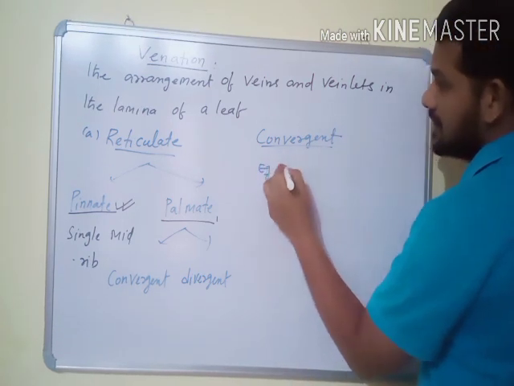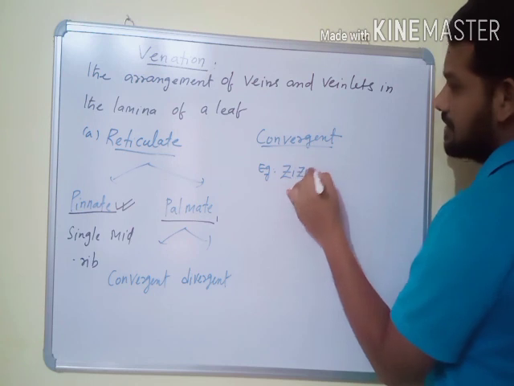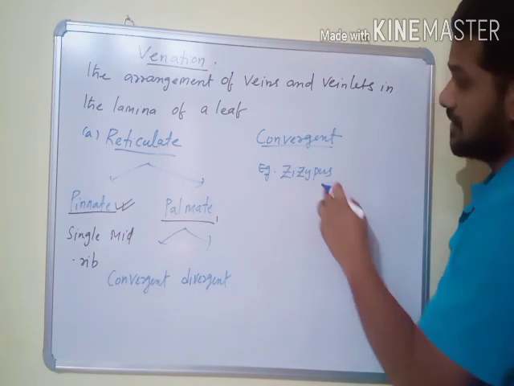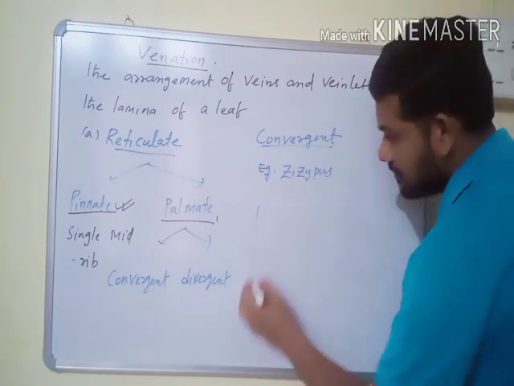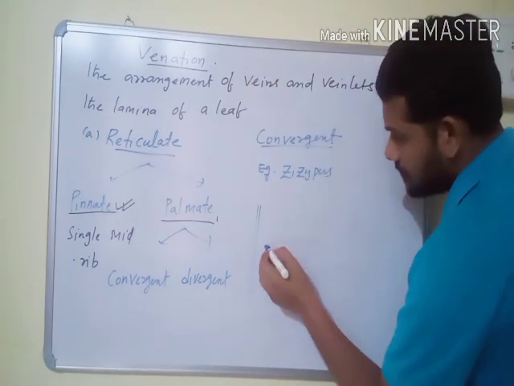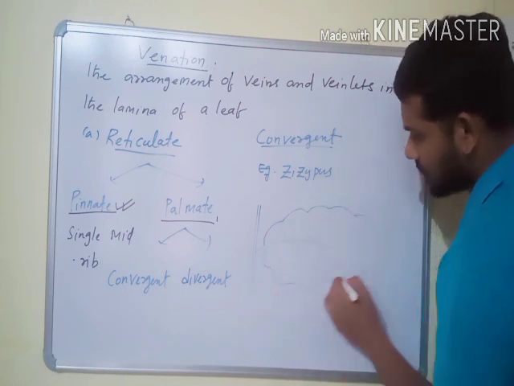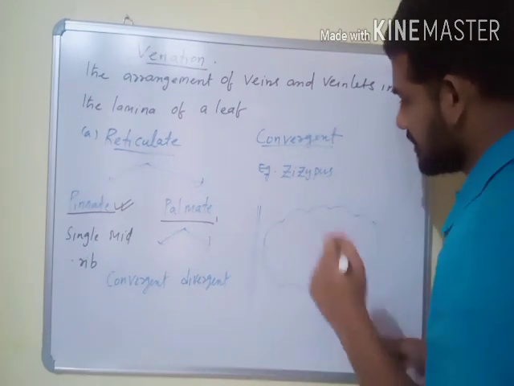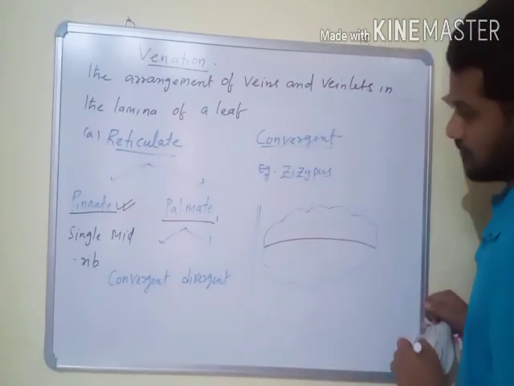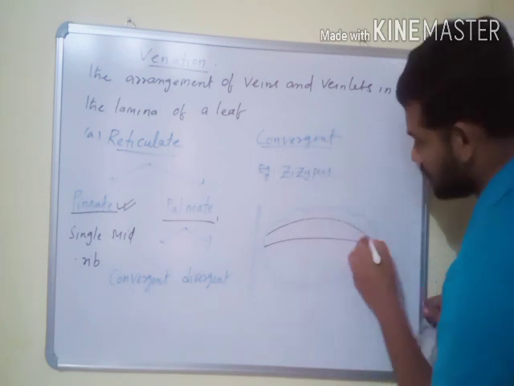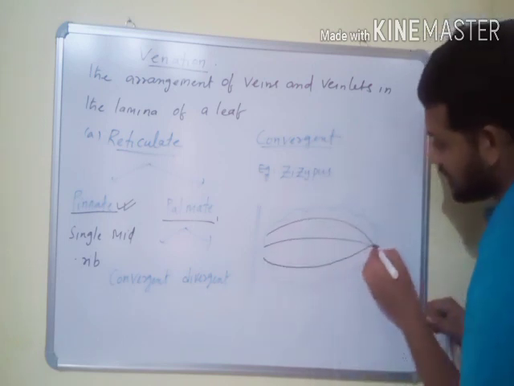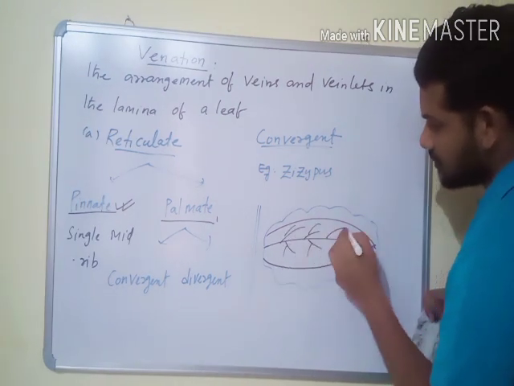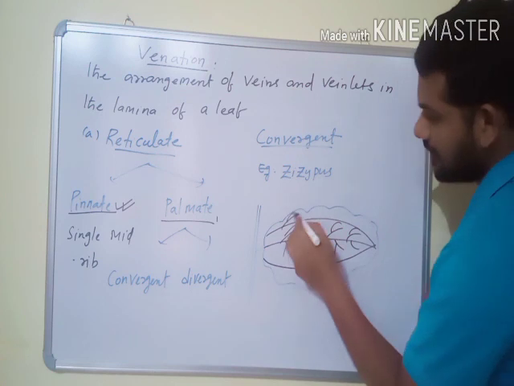Example, Ziziphus. Ziziphus is the scientific name of what we normally call jujube, Ziziphus jujuba. In this type, so this is the lamina. This lamina possesses many midribs. So this is one midrib, and it also possesses another midrib, and another midrib. And all these midribs produce veins, and in turn veins produce many veinlets. All veins and veinlets,